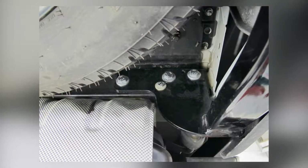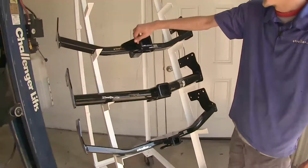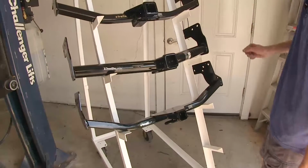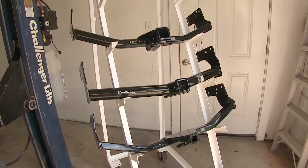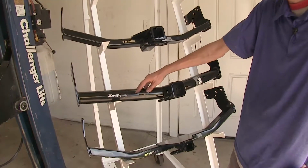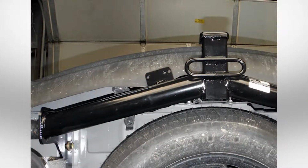All 3 of these hitches attach to factory weld nuts inside the vehicle frame. The Draw-Tite's different in the regard that it only has 3 mounting locations on both sides of the hitch. All 3 of our hitches feature a flange welded around the opening of the receiver. Our Draw-Tite hitch is different than the rest in the regards that we have a tab welded onto the receiver right here where we can mount any electrical connections we need to mount, such as a 4-pole flat or 7-pole